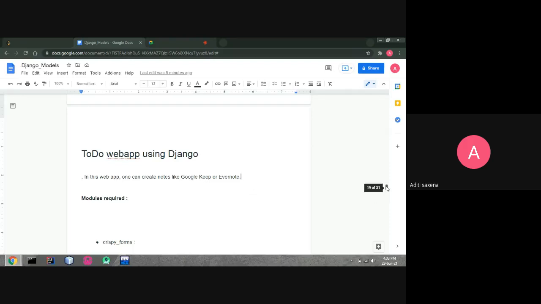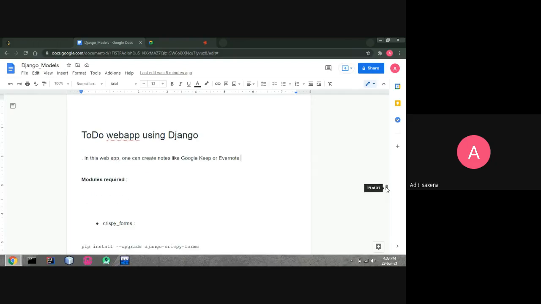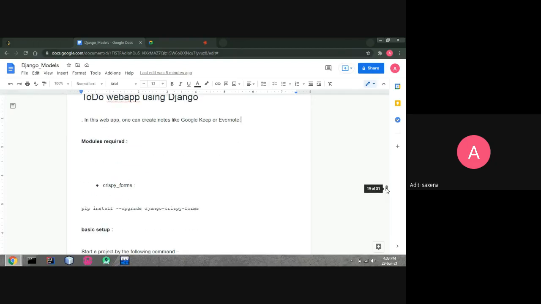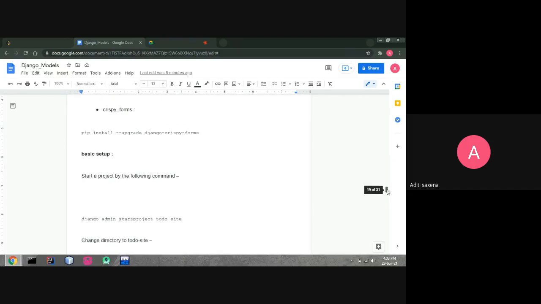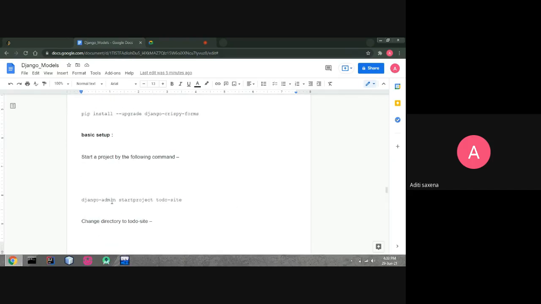The modules required: first, basically we need to install Django properly. Then crispy forms. To install crispy forms, we run pip install django-crispy-forms in the command prompt. So this is done. Then after the basic setup, start a project with django-admin startproject.